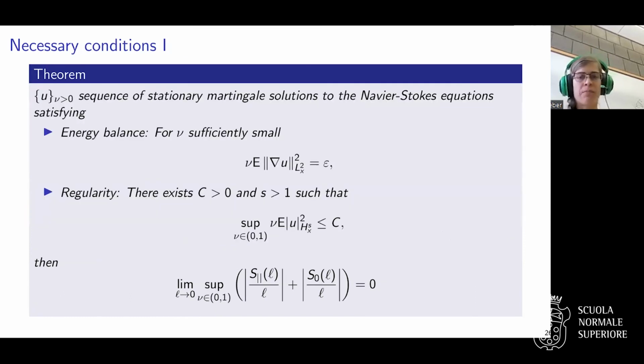However, if you assume the energy balance, you can also derive some necessary conditions. So assuming you have an energy balance, and say we just assume the inequality before, and you have some sort of regularity. So this would be what you get from the energy balance as long as S is equal to 1. If you assume it's a little larger than 1, then you get that both these structure functions will go to 0. So there's no 4/5 law in this case.